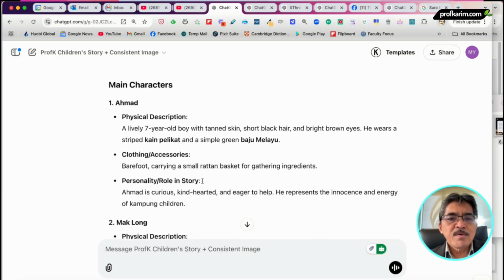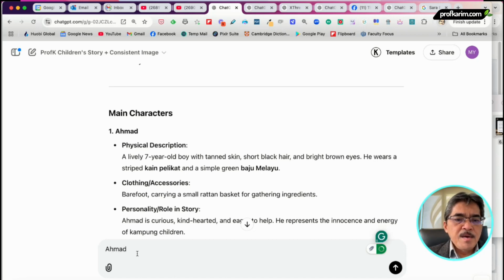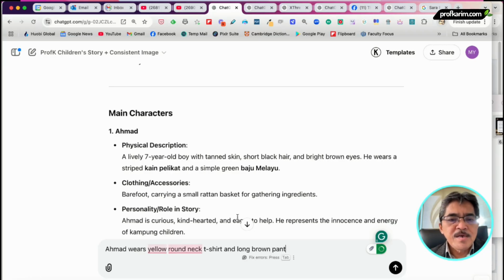So we can say for Ahmad, Ahmad wear yellow round neck t-shirt and long brown pants. Okay. A yellow round neck